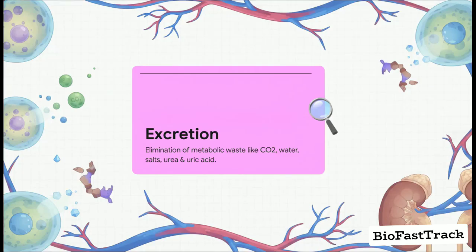Think of every single living cell in your body as a tiny microscopic factory. And just like any factory, all those chemical reactions, they produce waste. If a cell doesn't get rid of this toxic trash, it's just not going to survive. So excretion is literally the elimination of these metabolic waste products from the body. We're talking carbon dioxide, excess water, salts, urea, and uric acid. The absolutely crucial word to remember here is metabolic. Excretion deals specifically with toxic byproducts created inside the cells during chemical reactions, like cellular respiration or breaking down amino